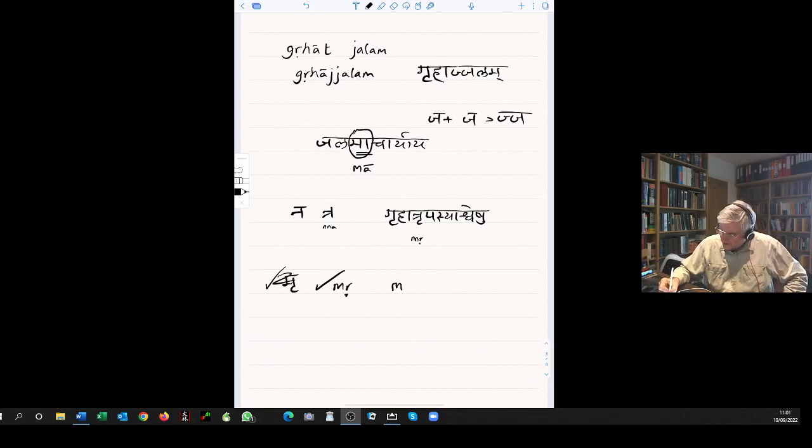Dead, past participle, is formed regularly. Mritta. Latin mortuus, mortality in English. And in Pali, mata. Amrita,